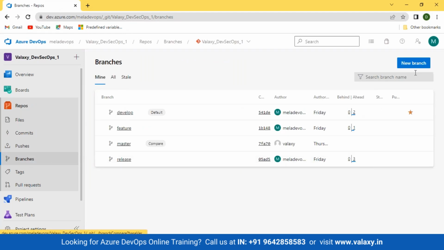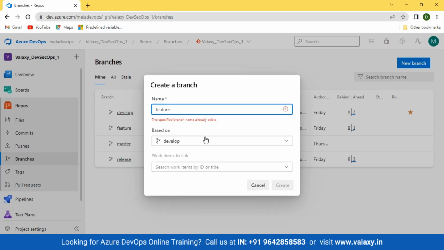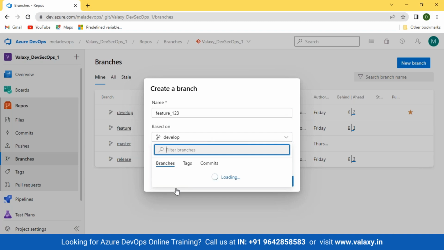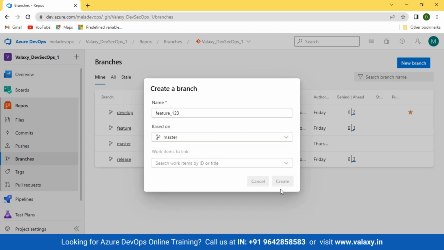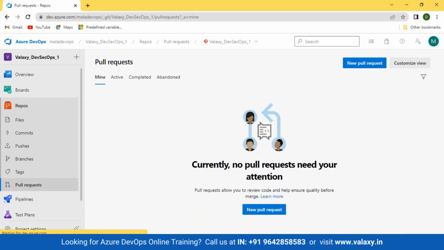Okay, let me create one more branch first because there's one more practical I need to do. So let's name it feature 123. This is out of main, master. I'll create one more branch. Okay. Now let me create a PR between develop and master. So if you see, my master is behind, the develop is ahead. So let me create a PR